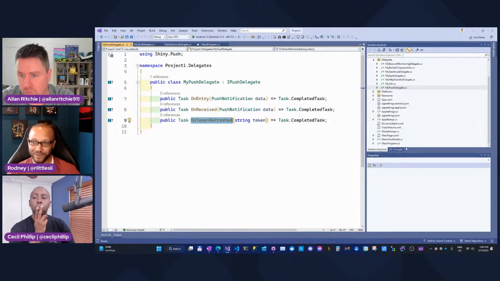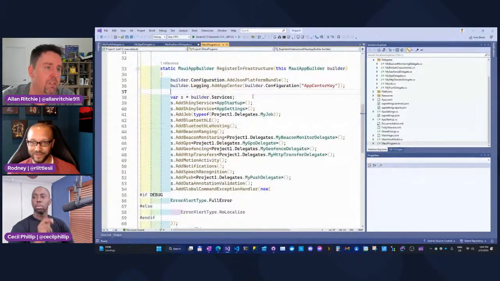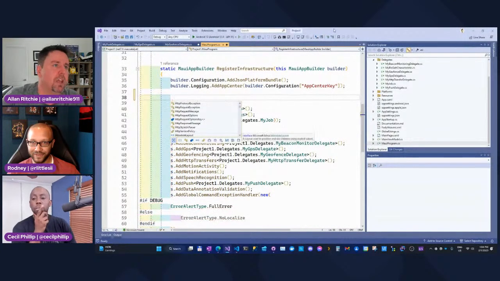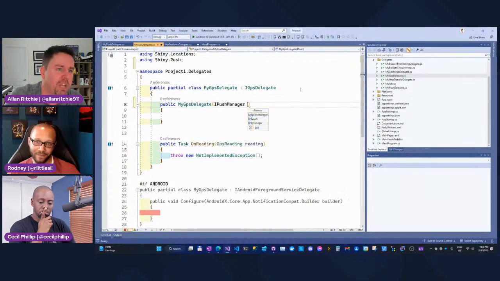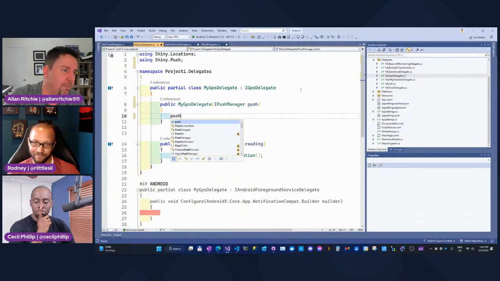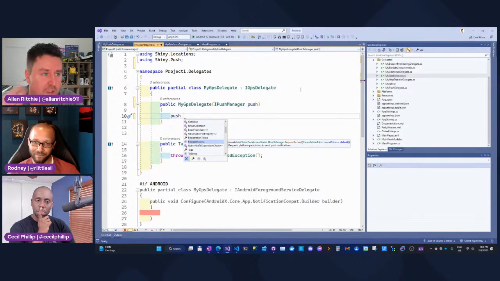But I wanted to go back and just really quickly show how Shiny is working with that. So I'm going to actually inject it here. Let's put our push notification guy here, for example. So we've got a push manager. And this ends up really being two things: a registration token, and request access. So request access is a way of going out to Firebase or iOS and just saying, what's my push notification token? And will the user let me do this? Right? So just one point of access.